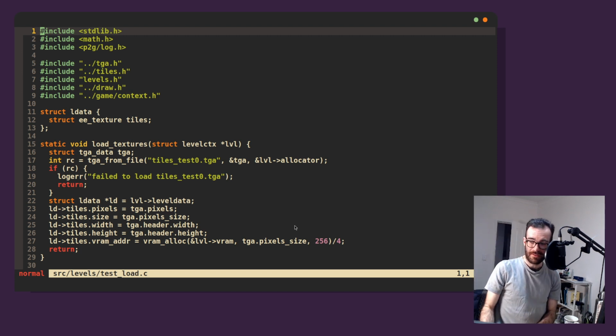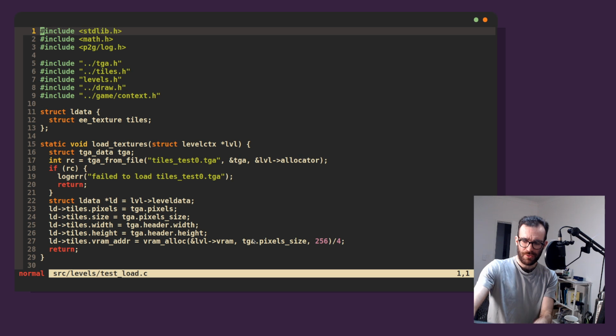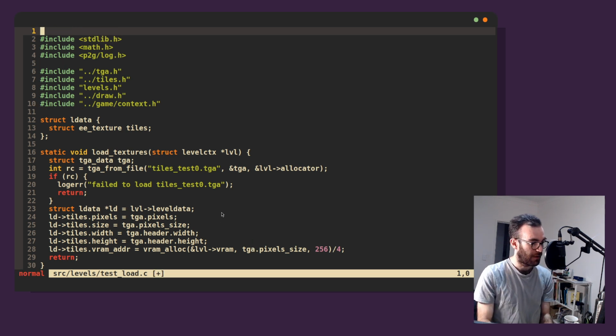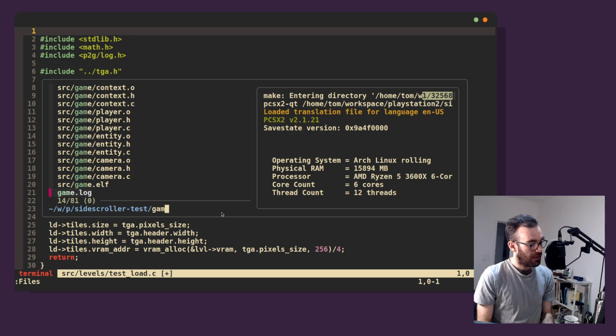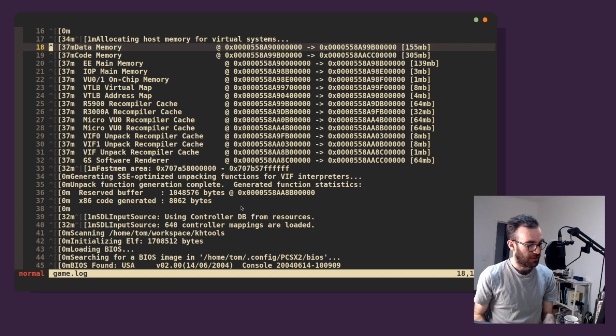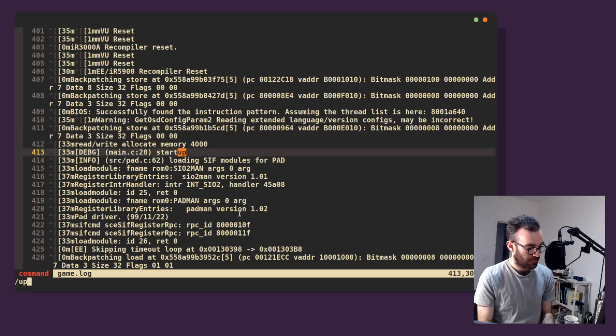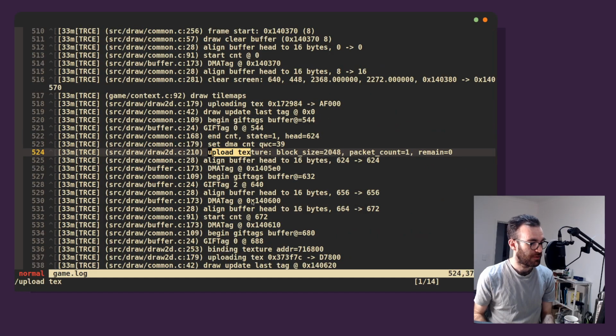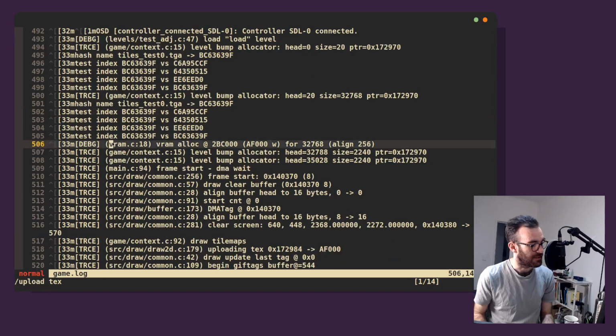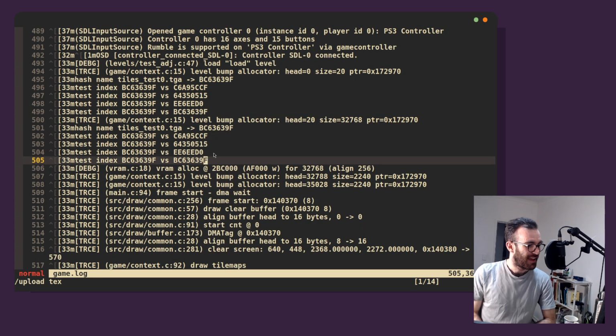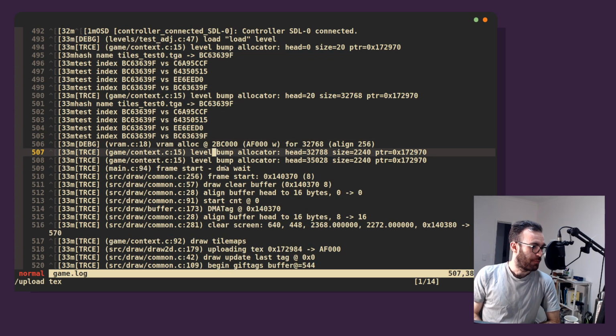I just need to rearrange my plugs. So now we're at a point where that breakpoint might be more useful. We're going to have a better sense of what we're looking for. Game.log. Okay, so upload texture. So this is where we start tracing. It hits all at once. Level bump allocator